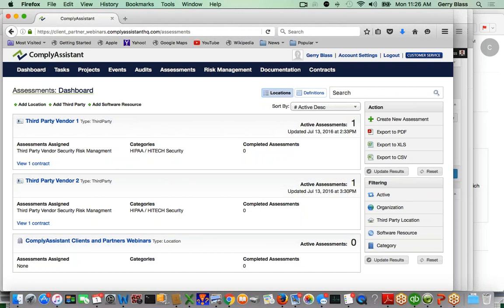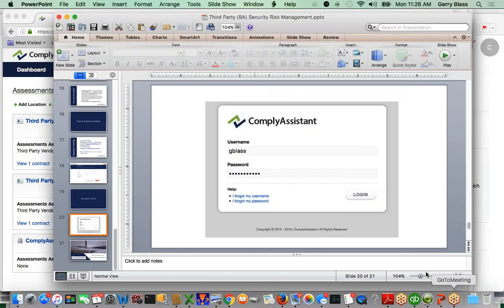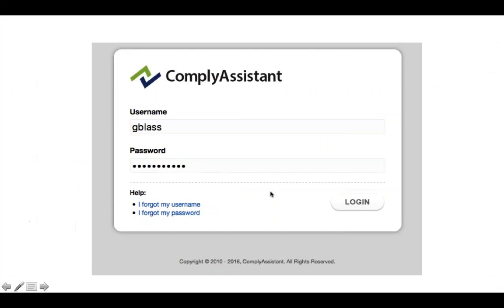If you get audited by the OCR, if you have an incident from a BA, you're going to be able to demonstrate due diligence, and that's the opposite of neglect. That's the position that every covered entity wants to be in with anything to do with risk management for HIPAA high-tech omnibus. So with that, I'm going to go back to the PowerPoint, and we're going to go into full screen mode and go to the